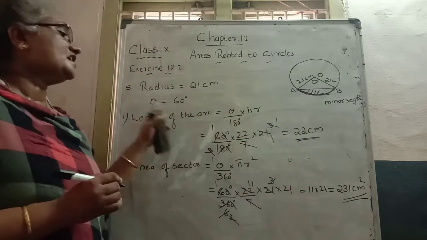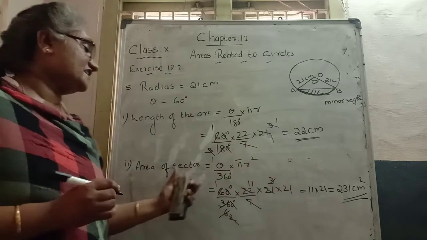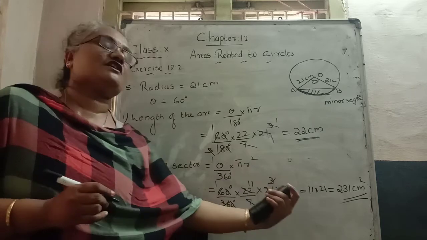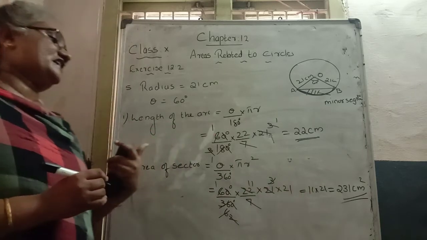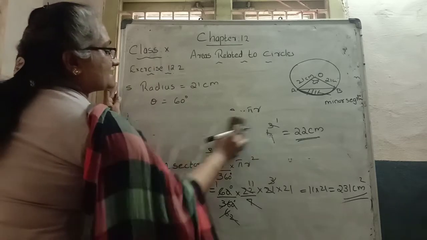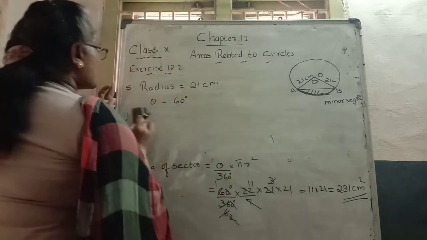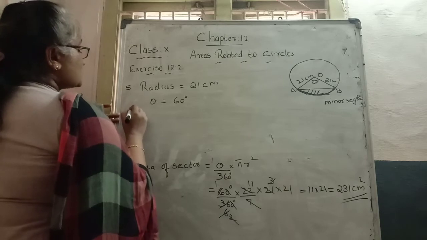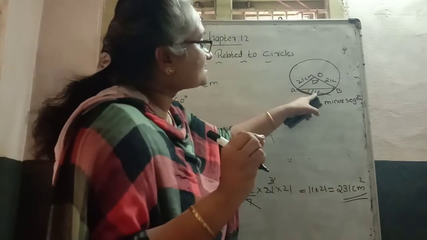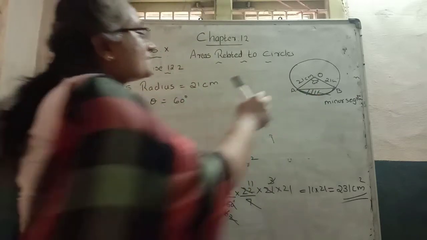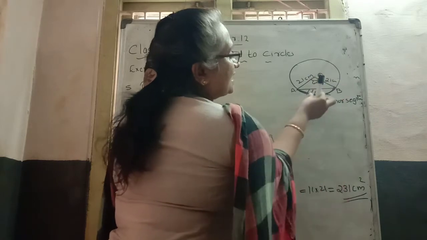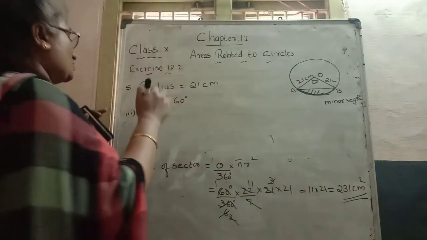Second part of the fifth question like this. Area of the sector, how to find out? Which formula? Theta by 360 into pi r square formula apply and find that answer. One more case, that is the third case. Third case they tell about area of segment. Area of segment means segment only they mention. So remember, a minor segment. Minor segment means this part. This part area, how to find out? Area of the sector is subtracted with the area of this triangle. This small part we will get by applying the formula.